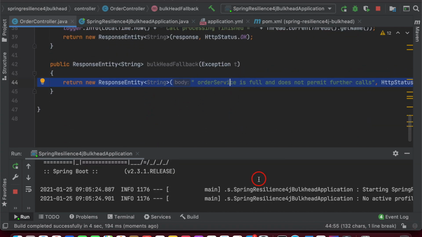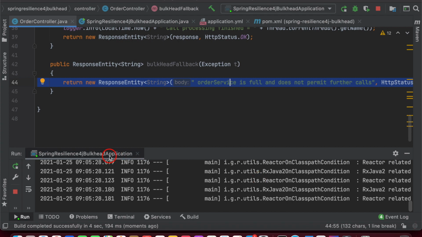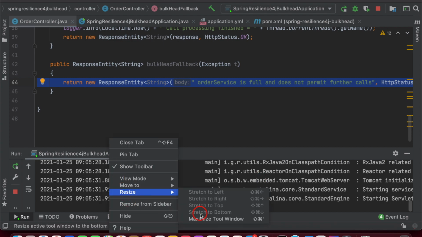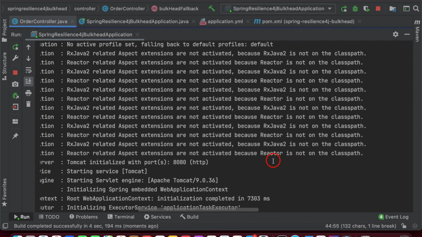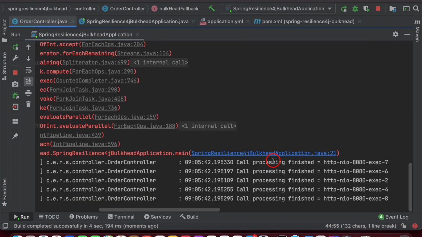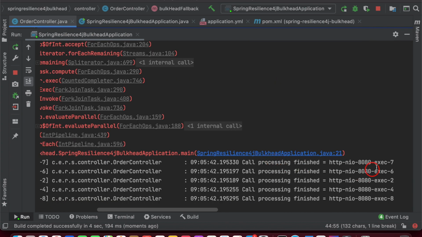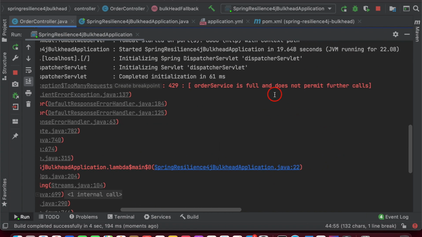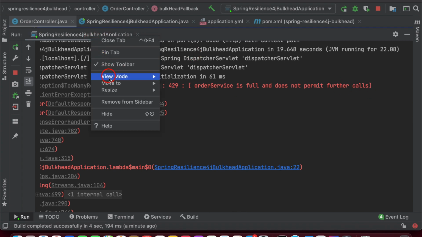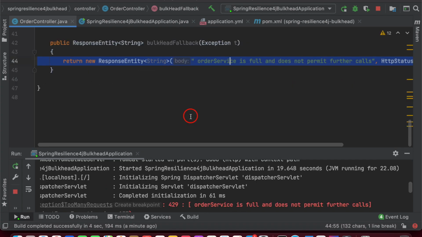Let's wait for that. See here, we got 5 calls, and it is saying that order service is full and does not permit further calls. And this is semaphore.